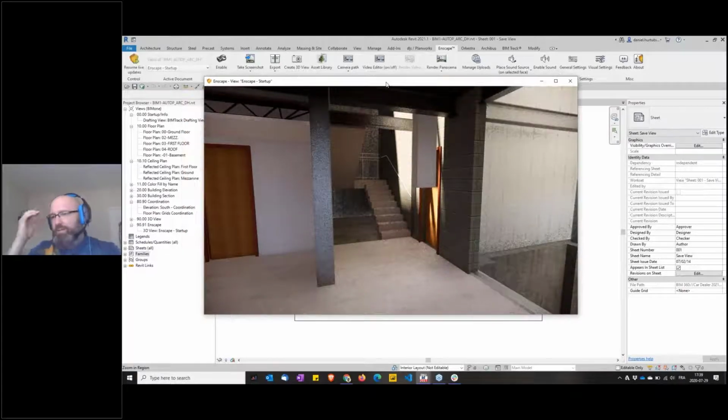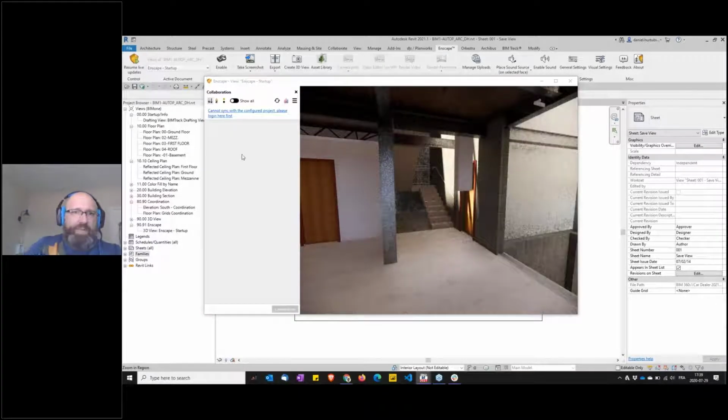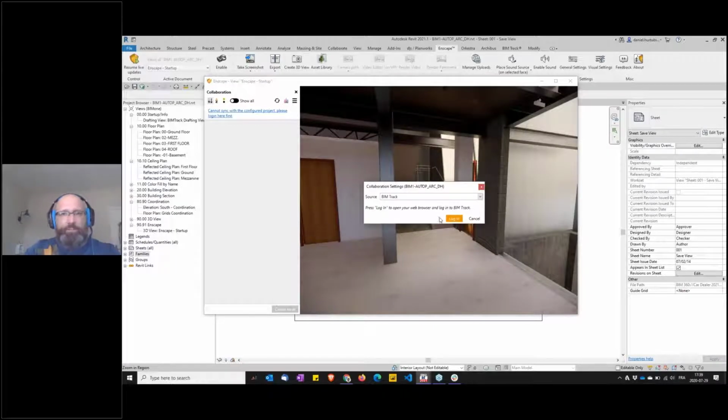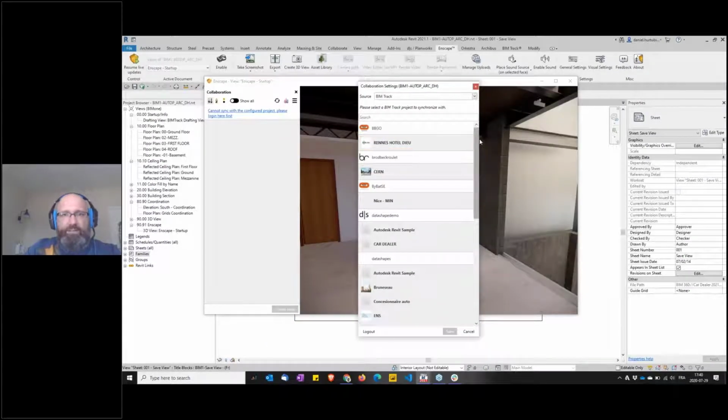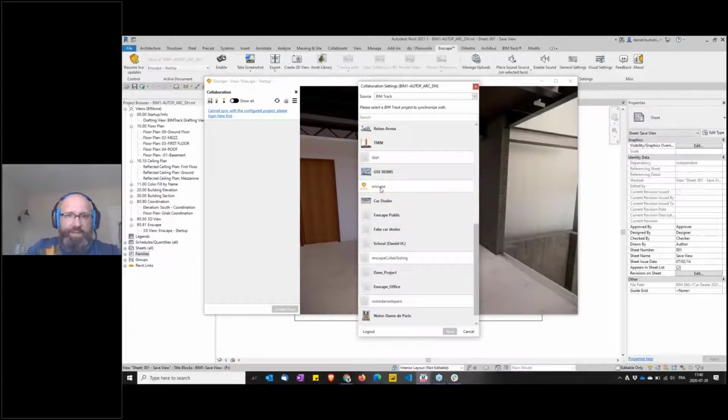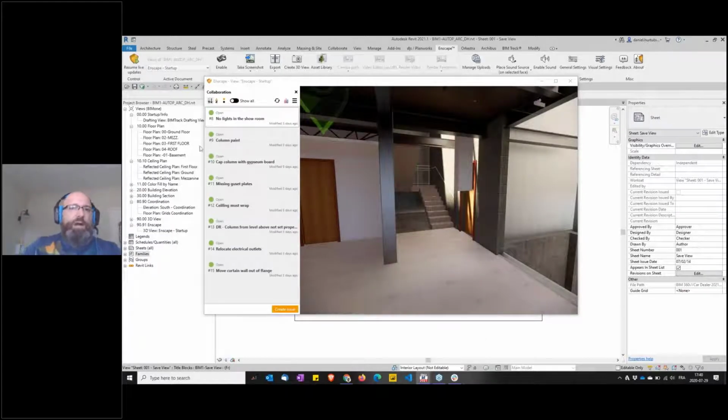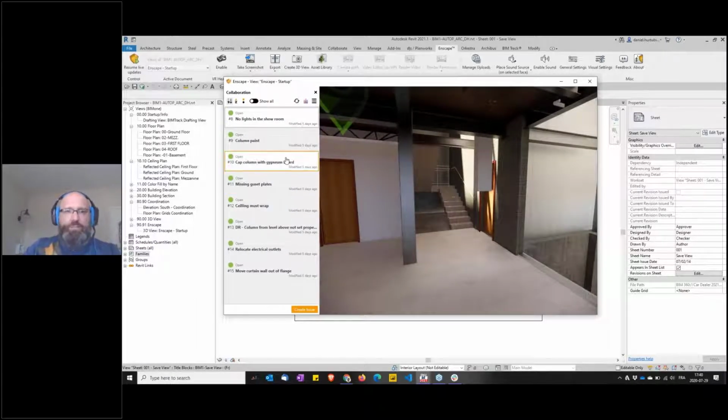And here's where the real magic is now. Before that, I would take a screen capture, submit it to my desktop, go back to BIMTrack and create an issue manually. Now all I have to do is press C, and this brings me to the collaboration tab. And then I'm going to log into BIMTrack. I'm going to be prompted to fill out user and password, obviously, and then I can go back. And this is the list of hubs I'm part of, and today we're going to be working out of the Enscape hub, the car dealer project. And that's it. So obviously we made sure that there were a couple issues already created. So I'm going to create an issue right here.